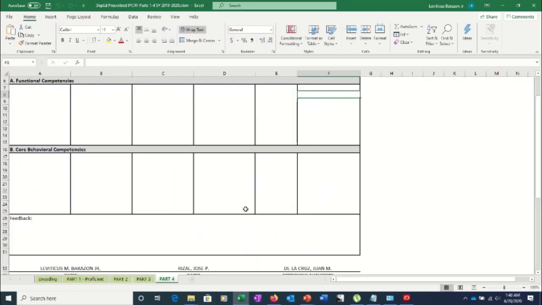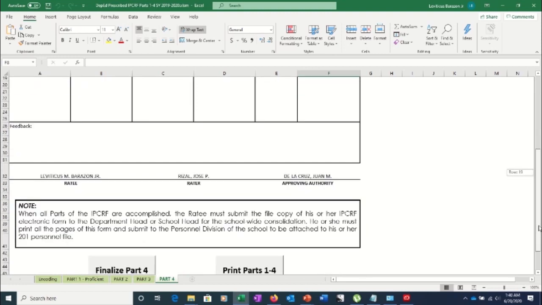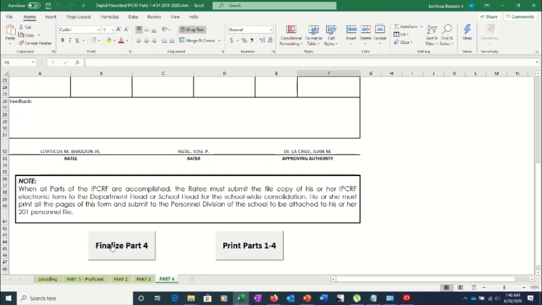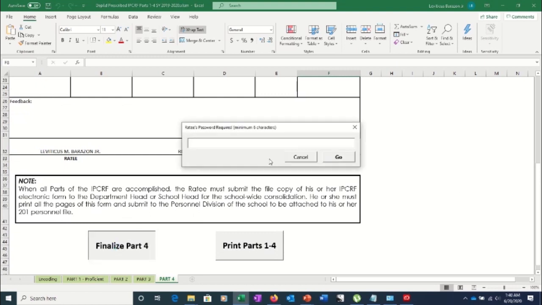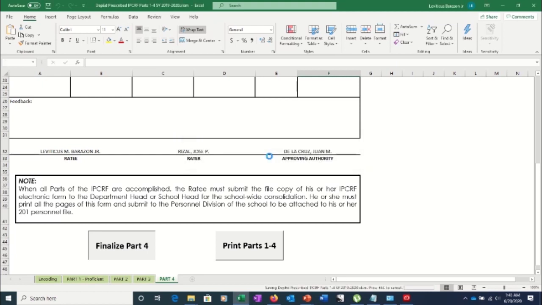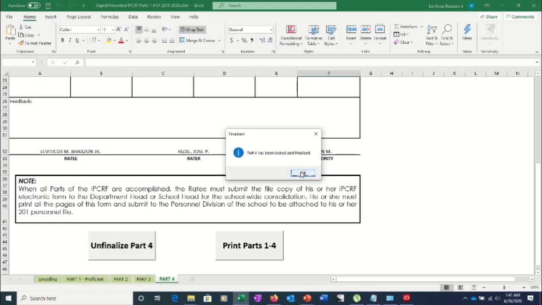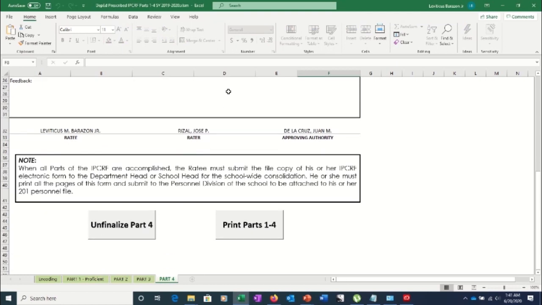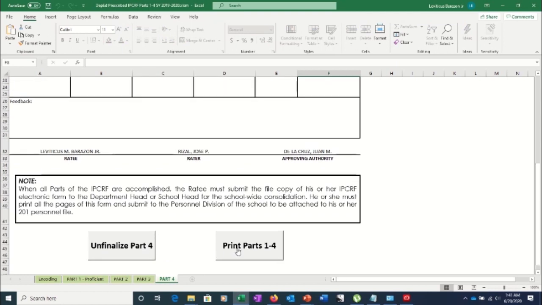After filling this up, you're almost done. So you can say finalize Part 4. And then enter your password. Alright, so Part 4 has been locked and finalized. Given that you have encoded everything here above, you can now have the option to print Parts 1 and 4. But please take note,